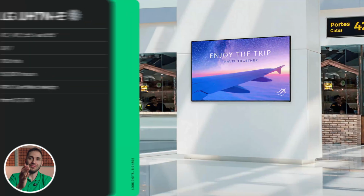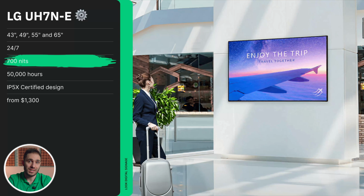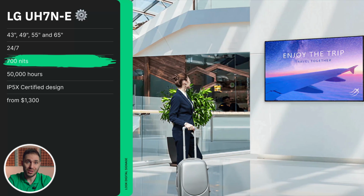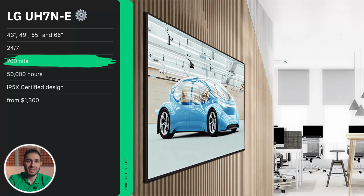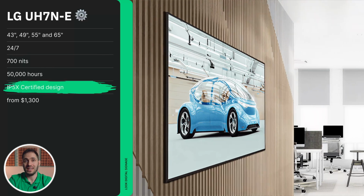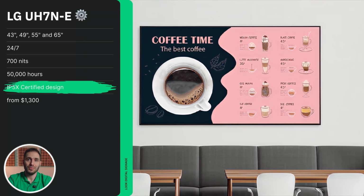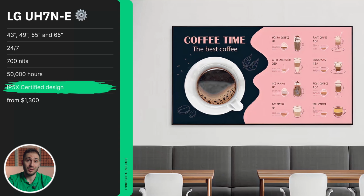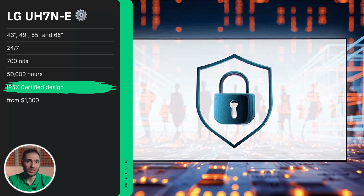Let's move on. With 700 nits of brightness, the UH7 and E series clearly conveys content that captures the public's attention, making it an excellent choice for marketing in airports, retail, shopping malls, and more. This is also facilitated by the conformal coating on the UH7 and E series power board and IP5X certified design, which protects the display from dust, humidity, and etc., ensuring reliable performance over time. A 43-inch display in this case will already cost around